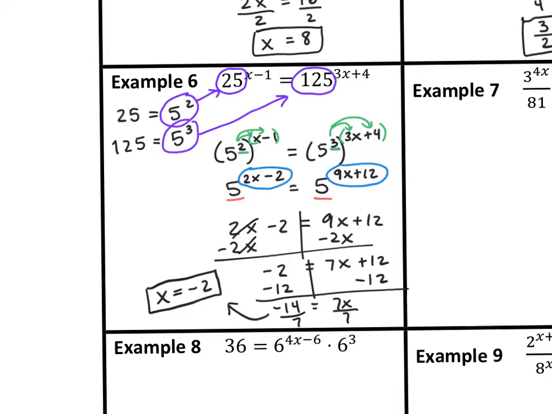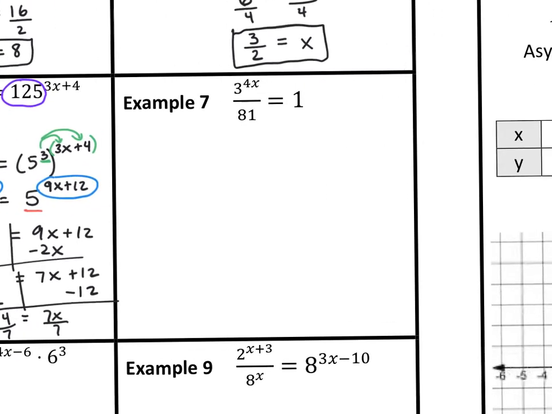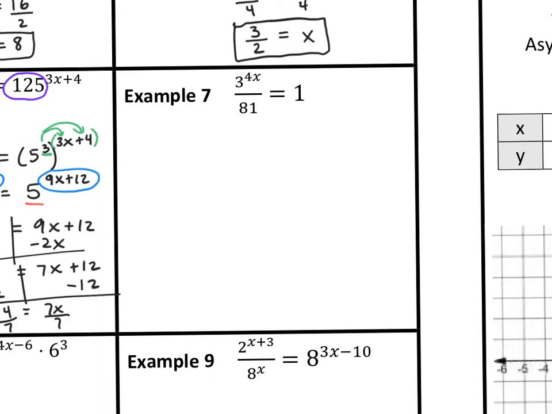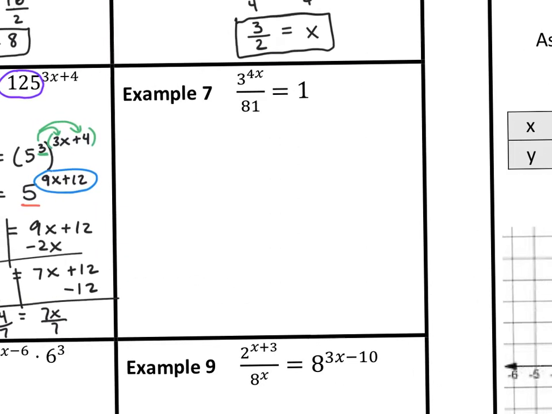Okay, example 7. Example 7. Okay, so what we can do here, we have something different here. And what I like to do is I always like to make sure that I can move the denominator. If ever I have a fraction, I want to ask myself, can I move the denominator? In other words, is there a way that I can get rid of the denominator